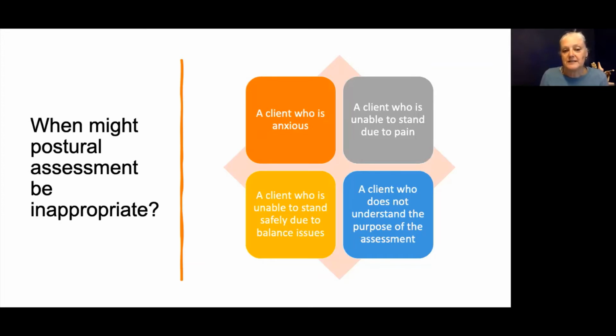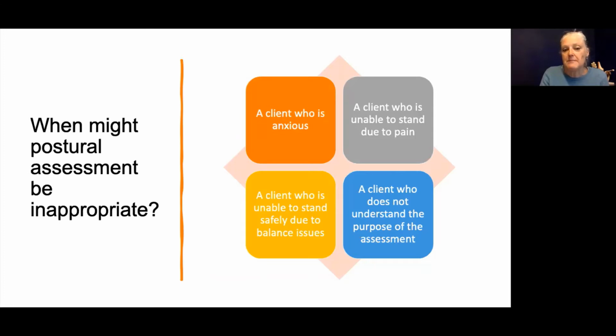And of course, you need to give people some guidelines about the fact that if they feel lightheaded, then please sit down, obviously, especially when you're first learning to do the assessment. And of course, if a client doesn't understand the purpose of the assessment, they're standing there in their underwear, and if they don't understand why you're doing that, then that's not appropriate,